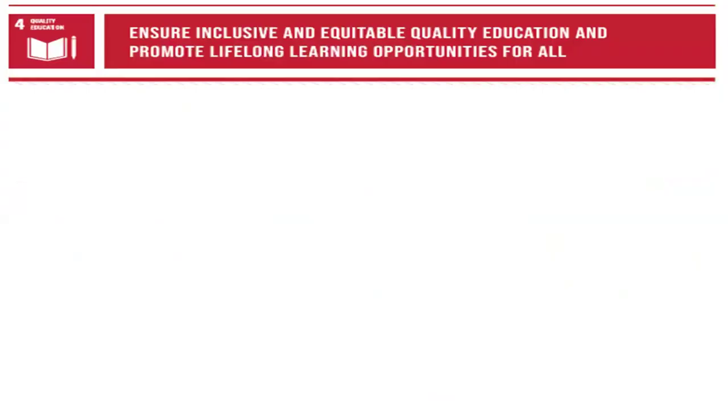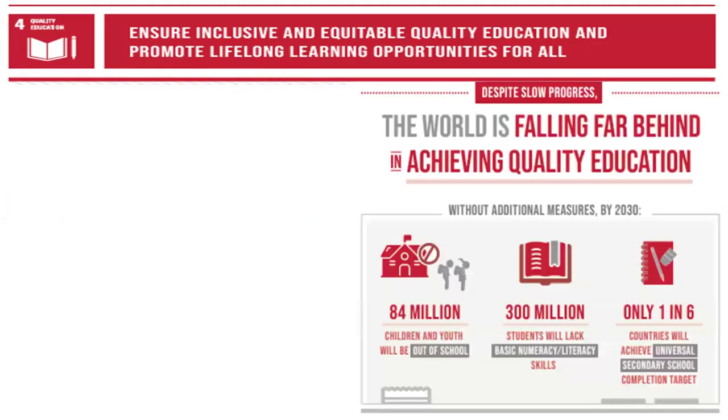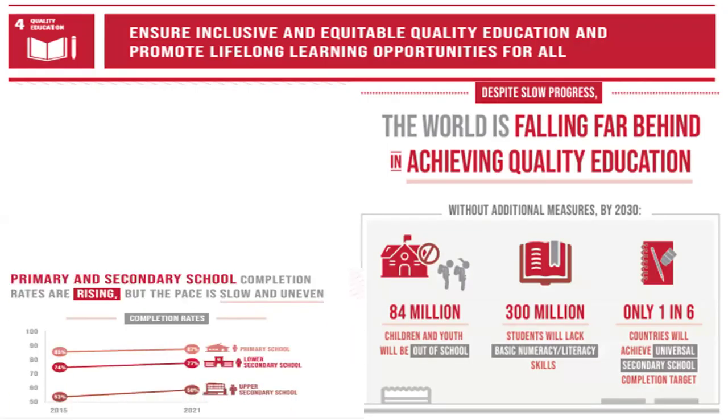Then we have quality education, in detail, with a goal to ensure inclusive and equitable quality education for all and promote lifelong learning opportunities, fostering knowledge and skills necessary for personal development and a sustainable society. Why SDG 4 matters is that education is a cornerstone of development and equality. By providing individuals with knowledge, skills, and values, it empowers them to break the cycle of poverty, achieve personal goals,